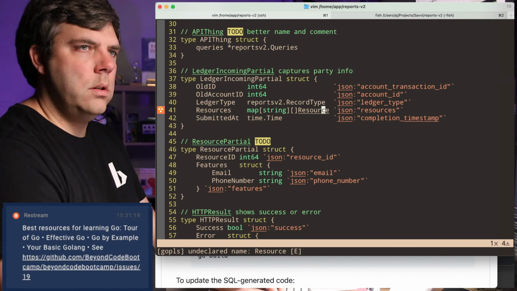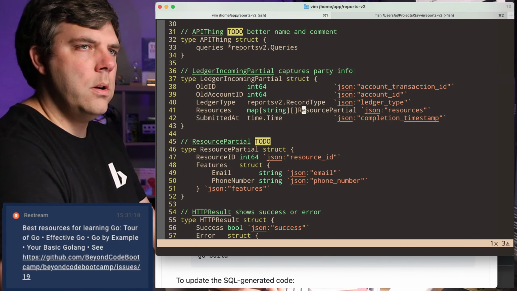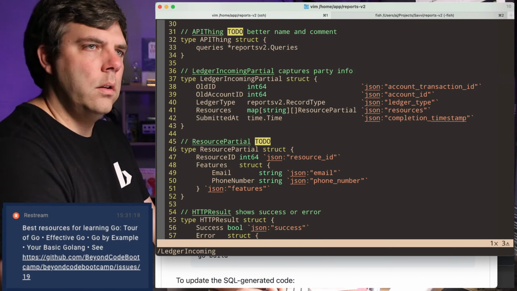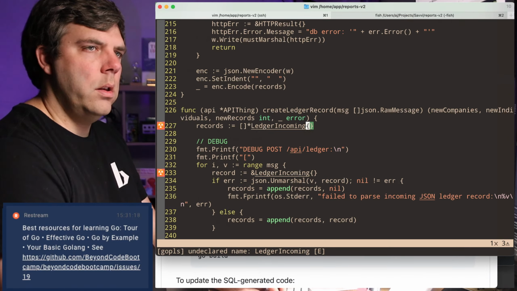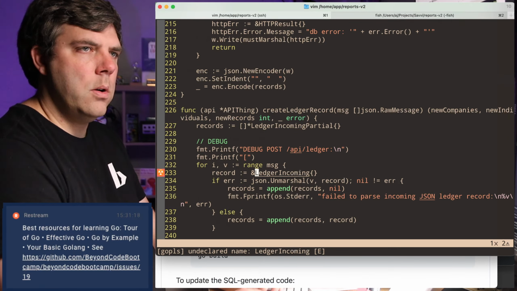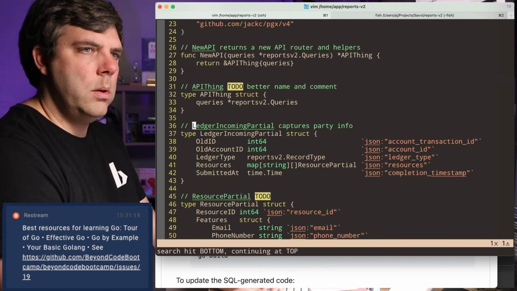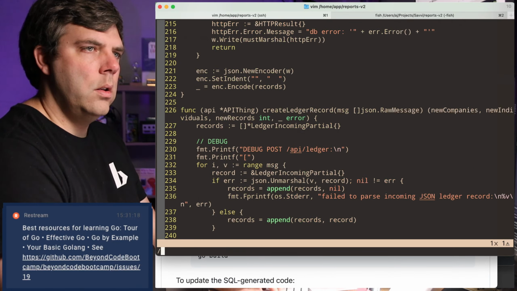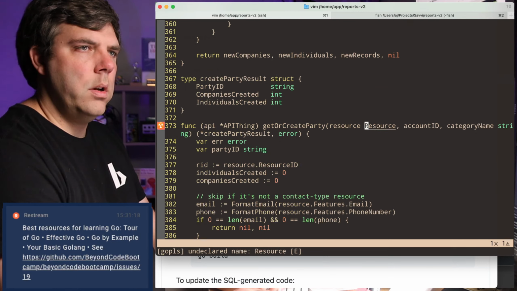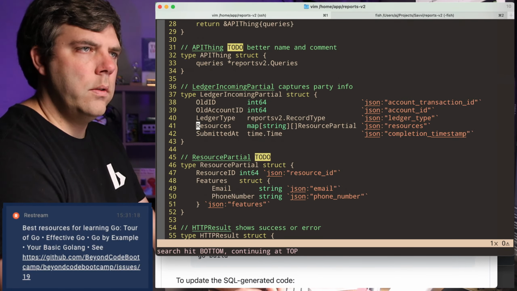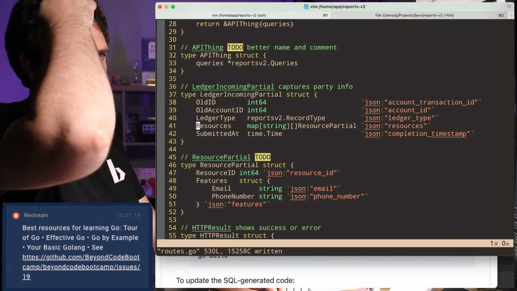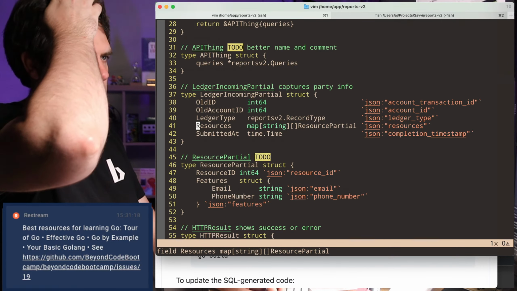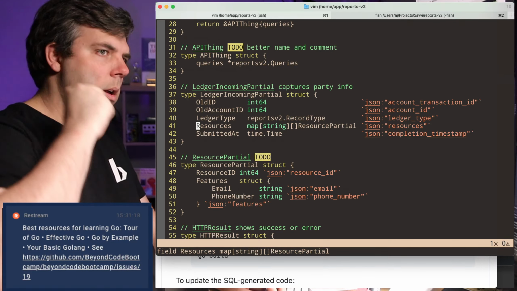All right, resources, resource partial, ledger incoming partial, ledger incoming partial, record resources, resource partial. Okay.